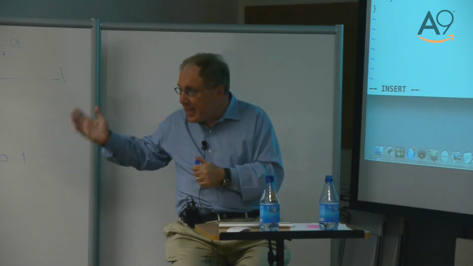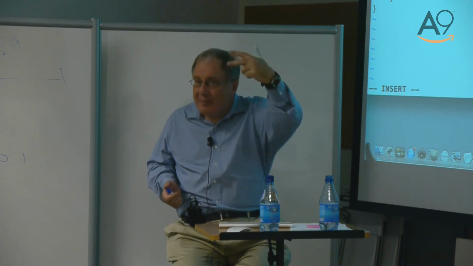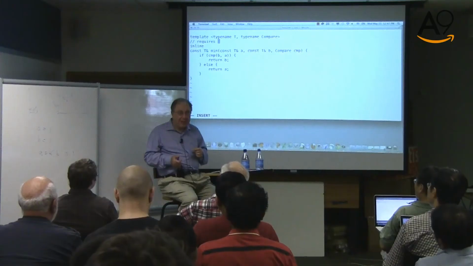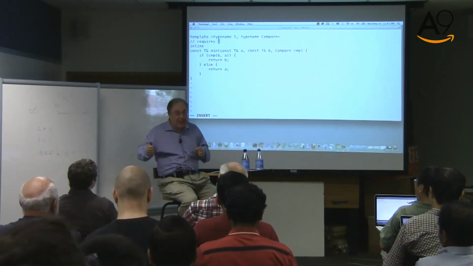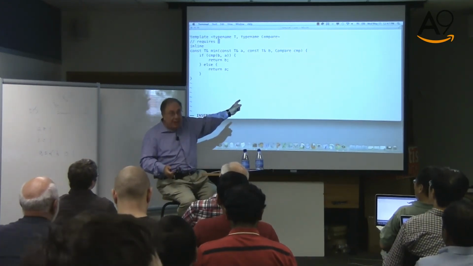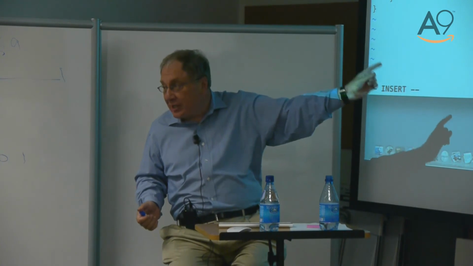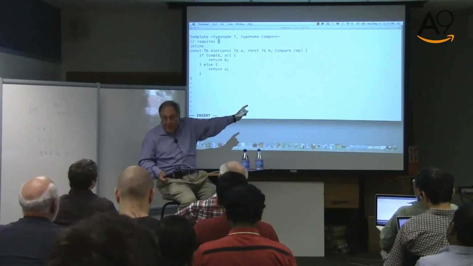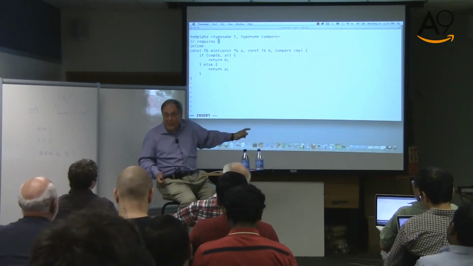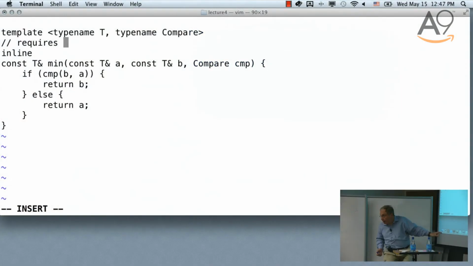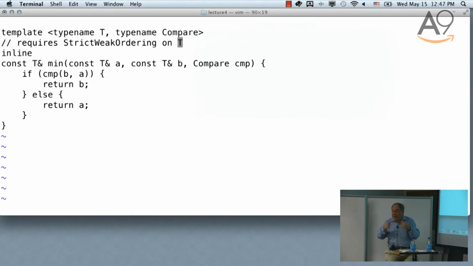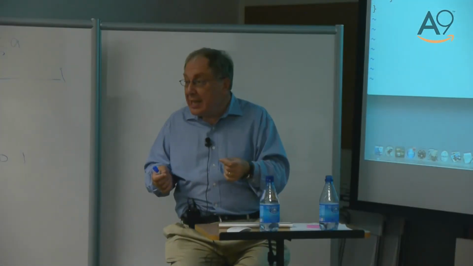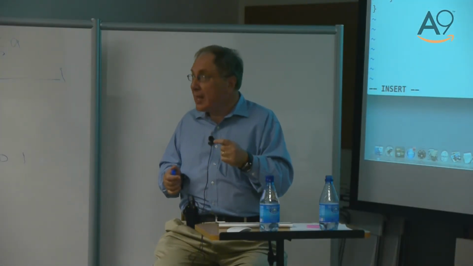It has to be less than. What was less than? Do you remember what it was called? Total ordering. Yes, and this is what? Weak ordering, strict weak ordering on T. Why don't we say that? Okay. Strict weak ordering on T. Right? And you say that, well, it will compile without it. Yes, but what will it do? And here